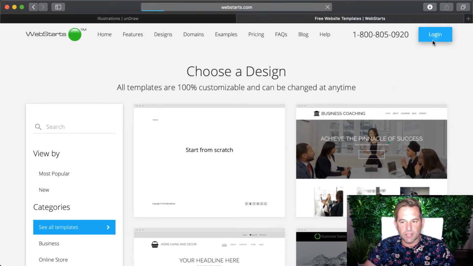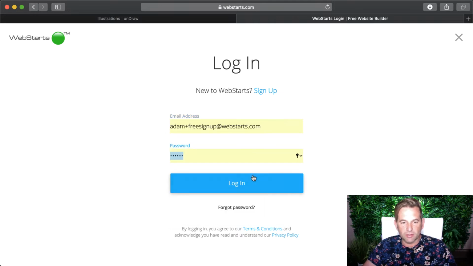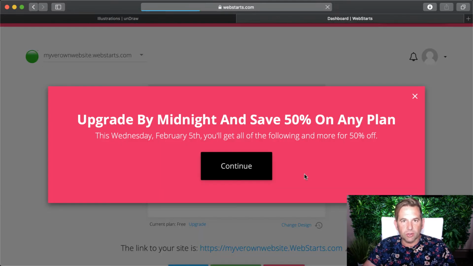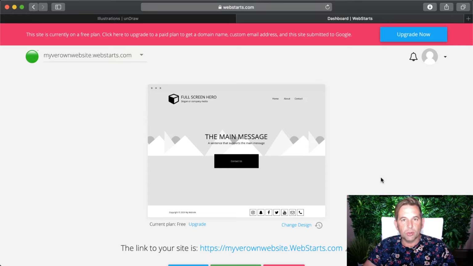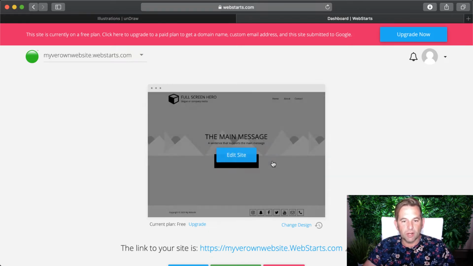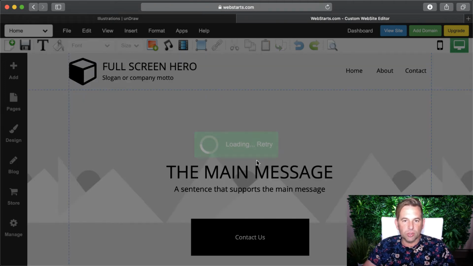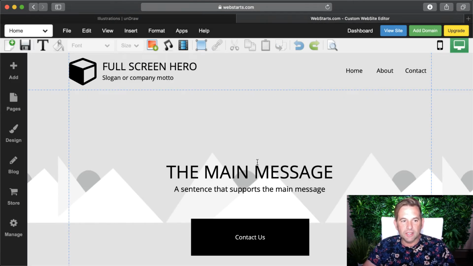If you already have an account, just click Log In. That's like what I have here, and you'll be able to log into your account. Now, the first time that you log in, you'll be in the dashboard view. Hover over the thumbnail of your website and click Edit Site. That opens up what's called the WebStarts Page Editor, and that's where you can begin making edits and changes to